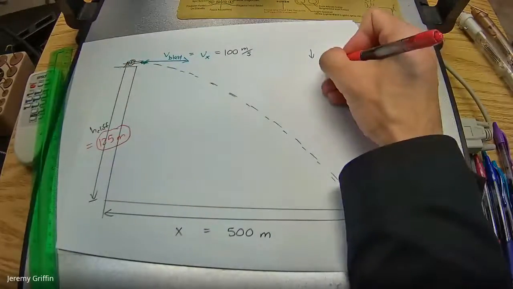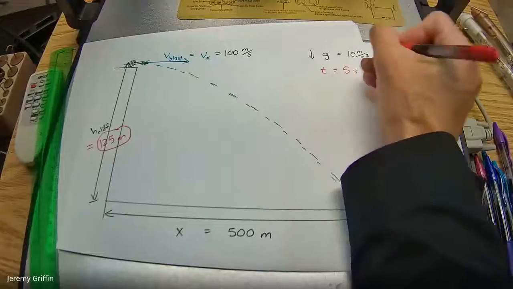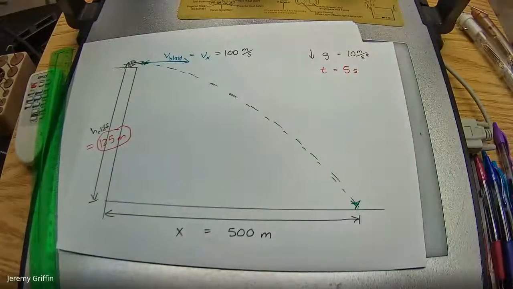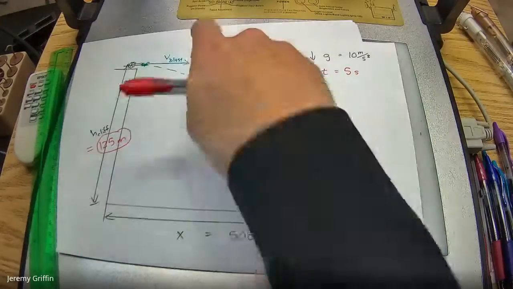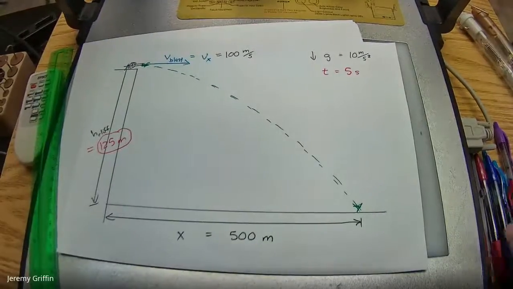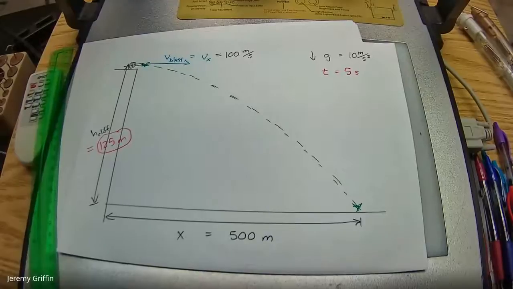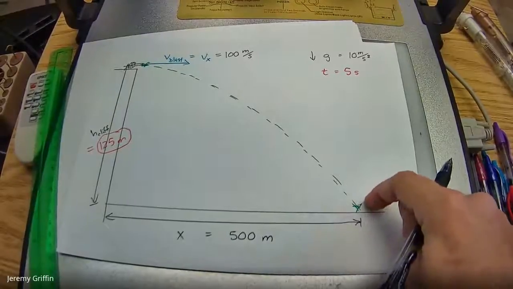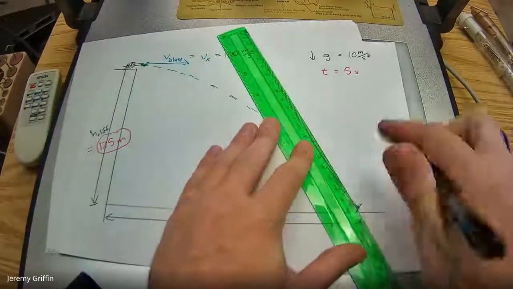We know time now came out to be 5 seconds. And, okay, well, that's all our new info. And we already know those two values. Okay. The next pair of questions get at something to do with the cannonball landing at this